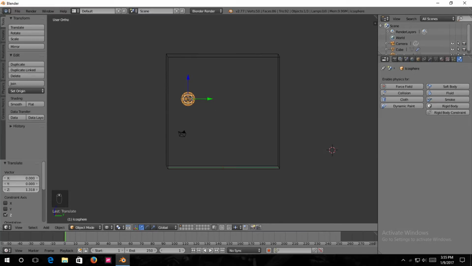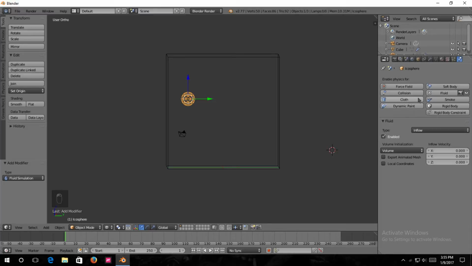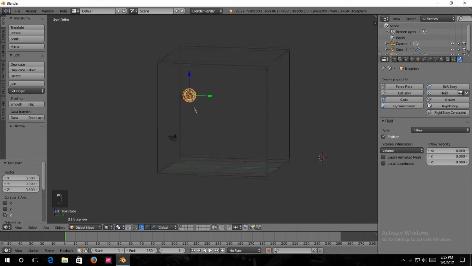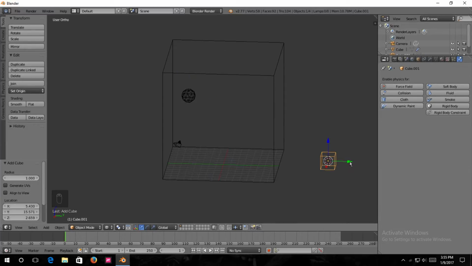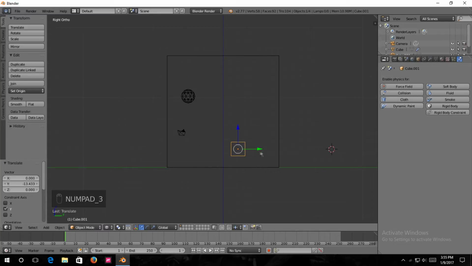So we'll make this fluid, and then we'll make it an inflow, and that is what allows the water to come out of this sphere. So now water will basically be falling straight down out of the sphere. So then we'll add something to catch it in. So we'll slide this over, and I guess we could just make like a really simple cup,